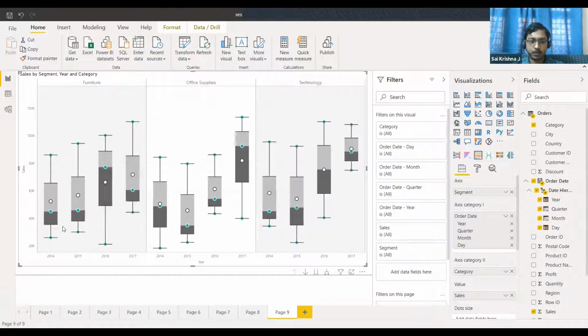If any point on that box whisker plot is located in the higher portion of the plot, then it means that it is highly reliable. And if any part is located in the lower region, it means the reliability is low. So that was one application of the box and whisker plot which I encountered. Similarly, in any data cleaning work that you do before a machine learning project, we have something called outlier treatment. If any particular value is very high or very low in one of your variables, you use this box whisker plot to identify those outliers and remove them.